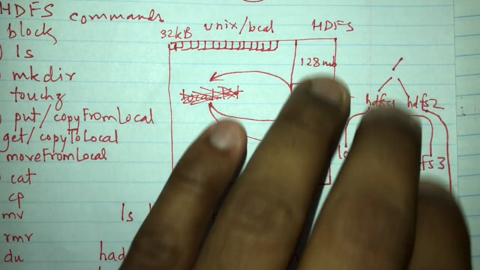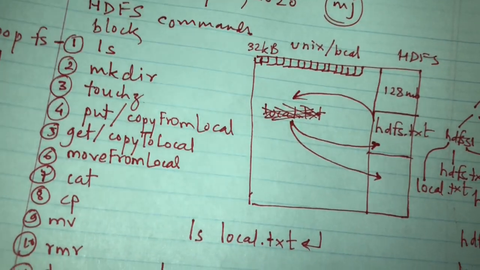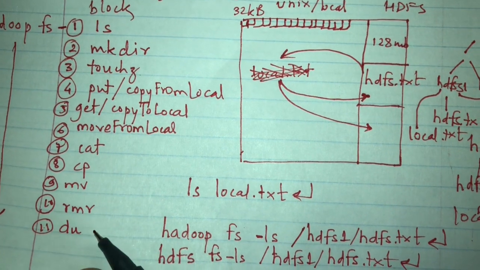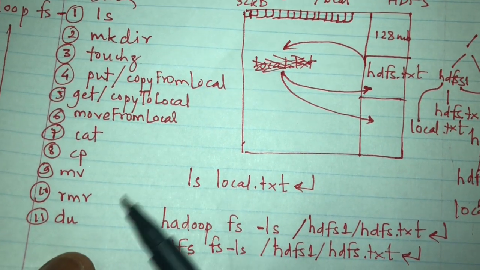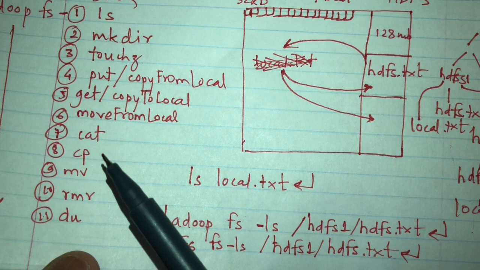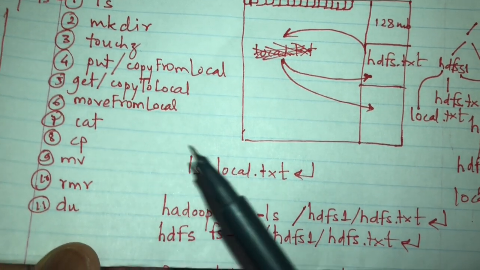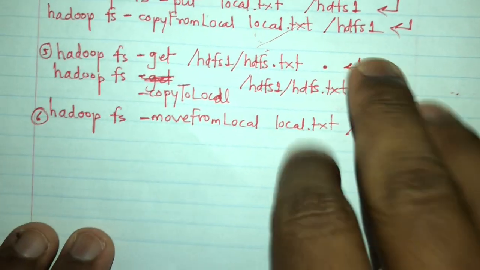I know I'm going super fast because it's kind of a repetition of the commands that we have already seen in detail. Now it is time to see the rest of the 5 commands which we have already seen, so I'll quickly go through those. Cat, copy, move, remove, and size. So I will write those commands like this: